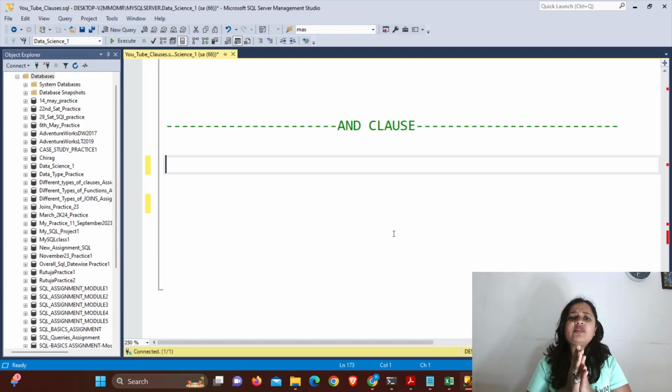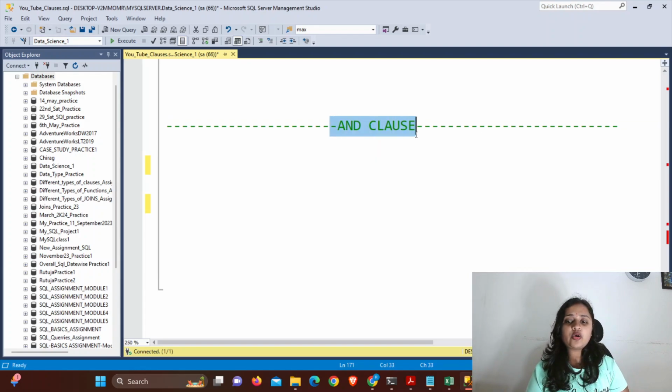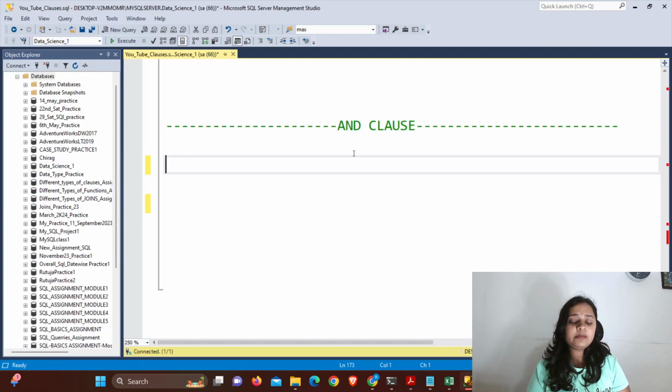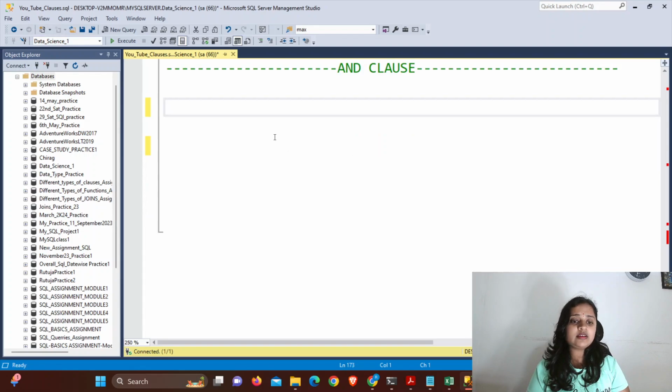In the previous lecture we have seen regarding the having clause and other clauses as well, how it is used. In today's lecture we are going to see the AND clause, where it is used, its implementation and what are the scenarios regarding this. Okay, so what is it? Let's see it in detail guys. Please focus on the screen, it is very easy to understand.